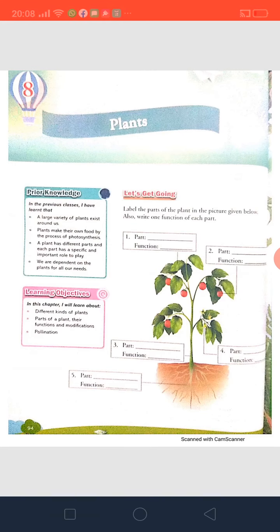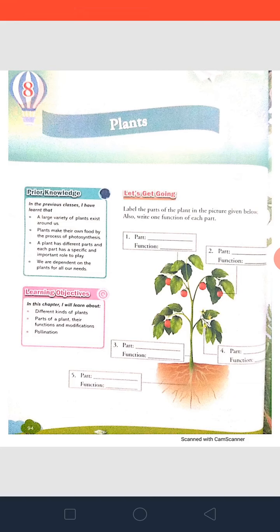Understand? You know very well all these parts of the plant. Now you have to go into the kitchen garden. You all have a kitchen garden at your home. Then go to the kitchen garden. Be fast. Very good. Take a plant into your hand. Have you taken? And you have to prepare a video and send it to me. I will give you my phone number and all of you have to prepare a video.